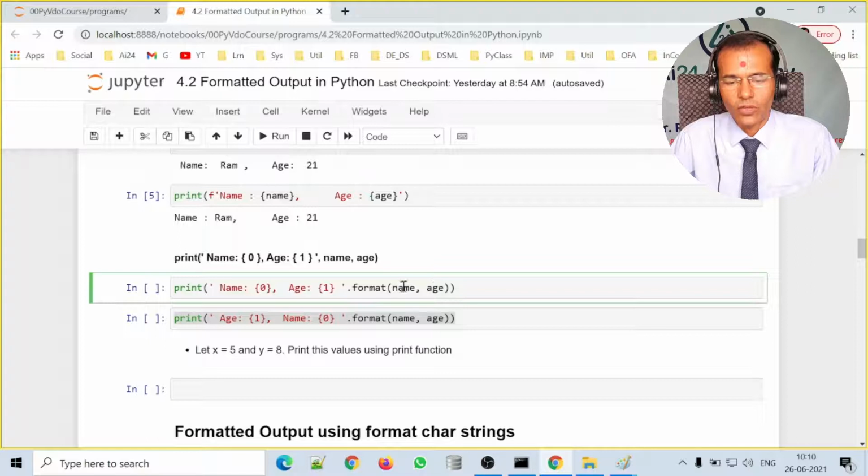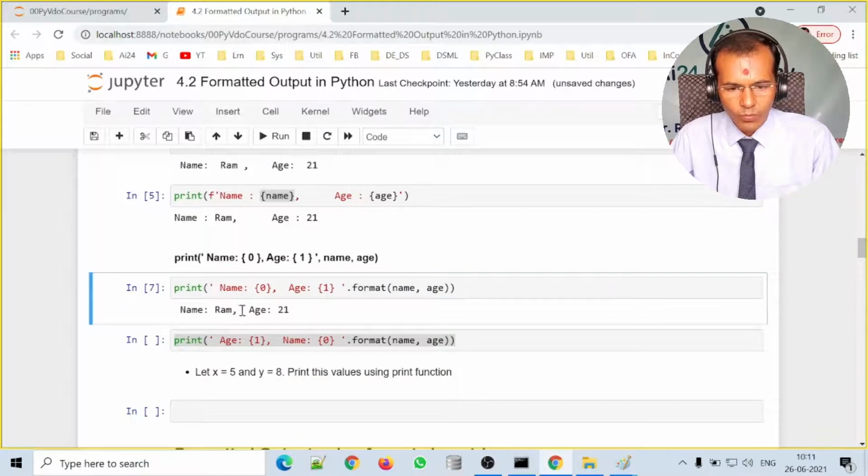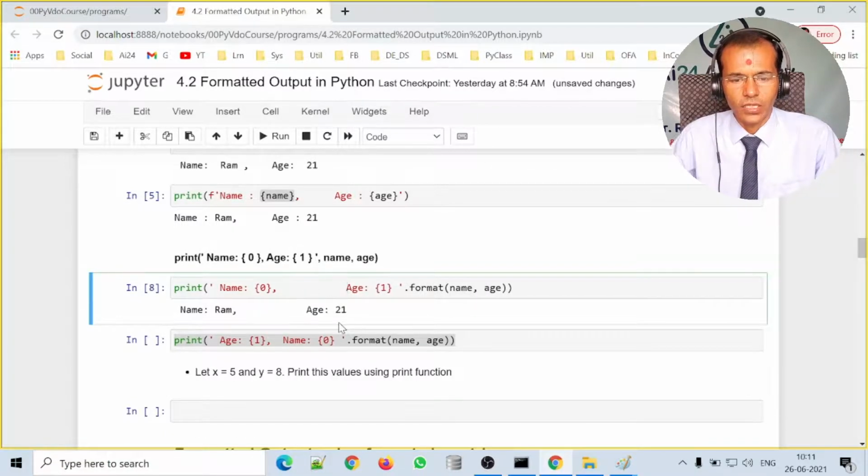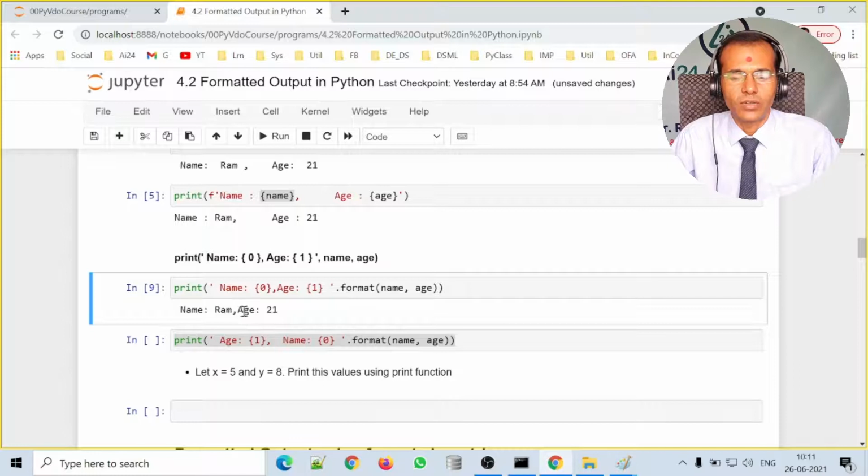So 0 means name, 1 means age. Now let us run it. If you want more space between them, just keep more space over here, and we will get more space between. If we don't want any space, remove the space from here and we will get both the variables nearby.